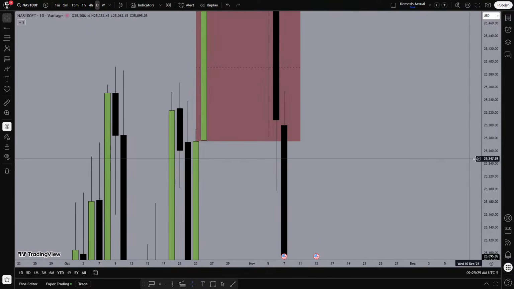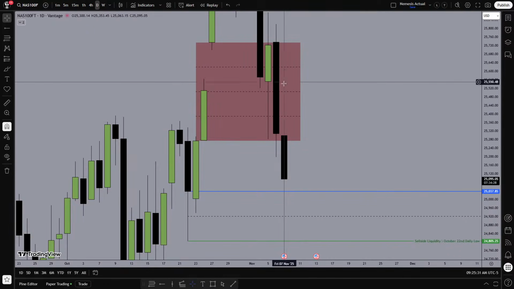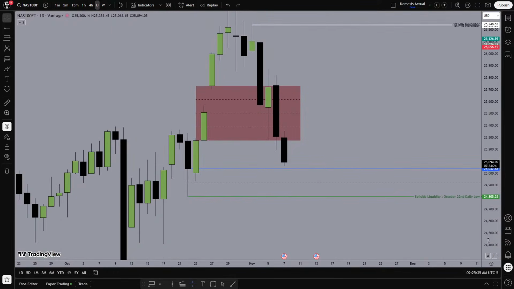Very small volume imbalance there. So that makes this a suspension block. You're right, not that I use that term a lot, but